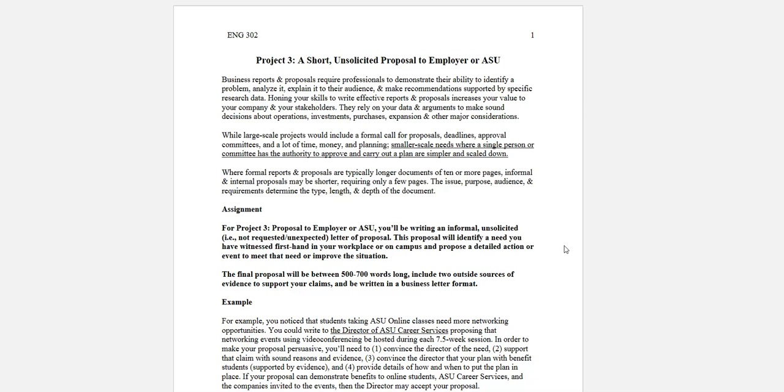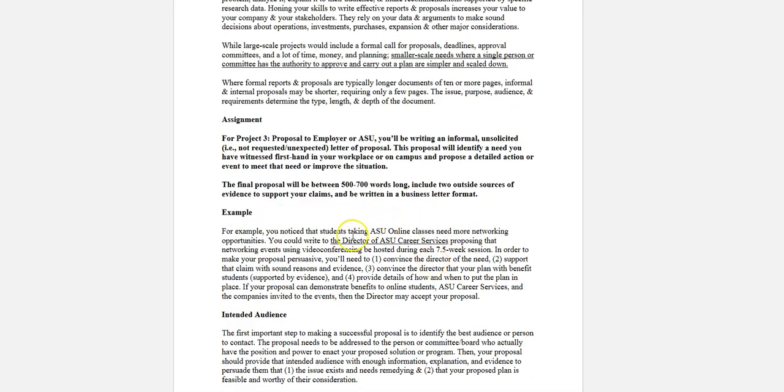A proposal is looking at a specific need, naming that need, convincing a person with authority to enact your proposal, convincing them of that need and providing them with a specific logistical plan on how to enact your answer to this need, whether that is some kind of fix, some kind of improvement, some kind of event. Okay, so here's an example: maybe you've noticed that students taking online ASU classes need more networking opportunities. Okay, and so that is something where you are going to